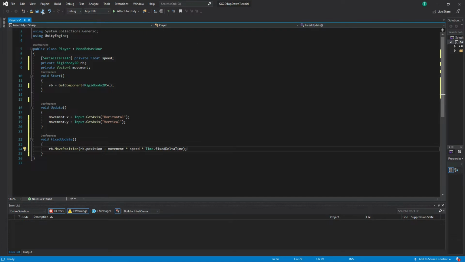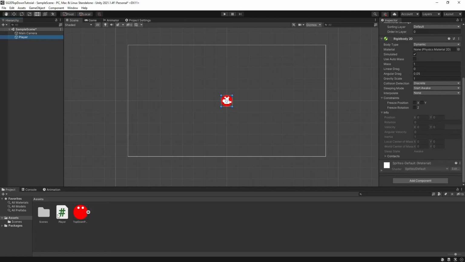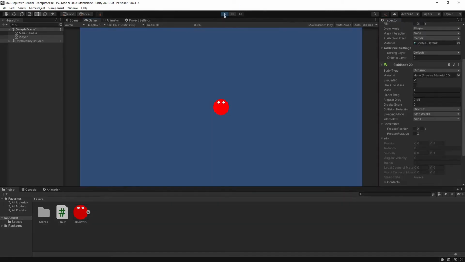Save the script and head back into Unity. Once back in Unity, make sure that our player script is attached to our player game object. Give the speed variable some kind of value, then hit play. You should now have a player which can move in all 8 directions when you use the arrow or WASD